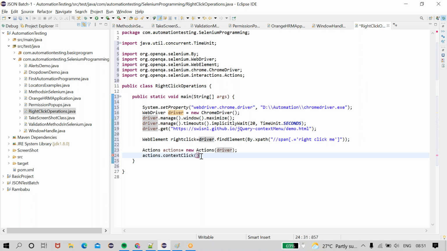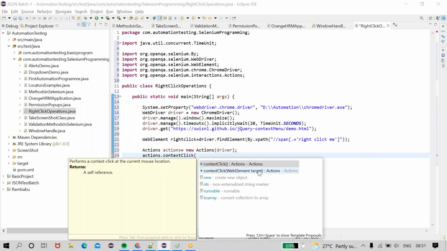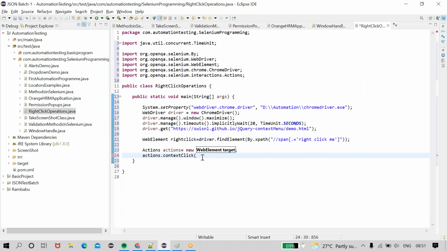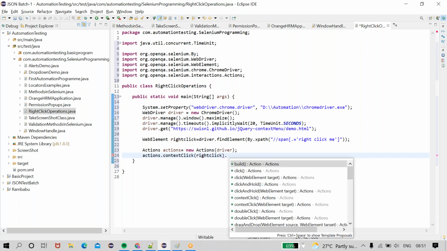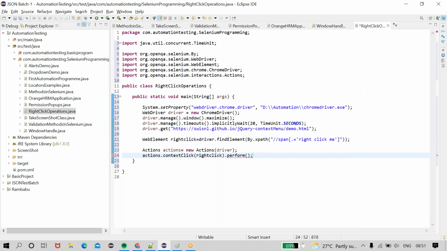Wherever I get the right click element, there I need to perform the right click operation. Context click over which location? Over the right click element. Then we need to perform; without perform we can't do any operation. See what will happen if I run this code.